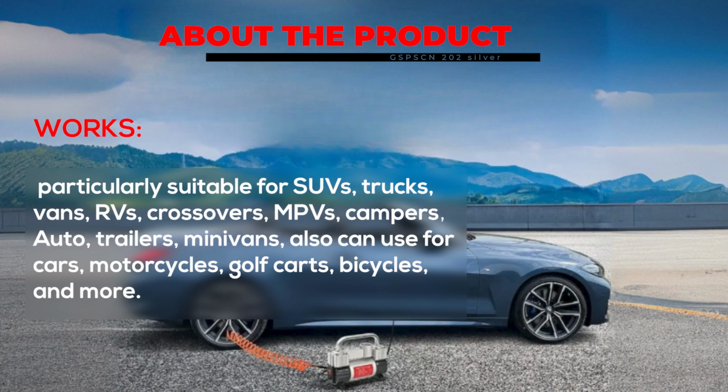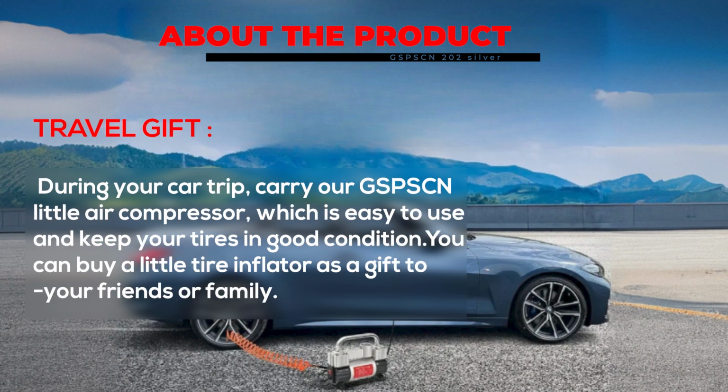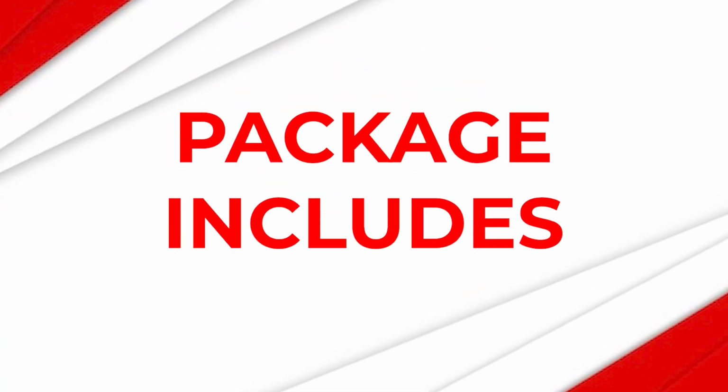Particularly suitable for SUVs, trucks, vans, RVs, crossovers, MPVs, campers, autos, trailers, and minivans. Also can be used for cars, motorcycles, golf carts, bicycles, and more. During your car trip, carry our GSPSCN Little Air Compressor, which is easy to use and keeps your tires in good condition. Package includes